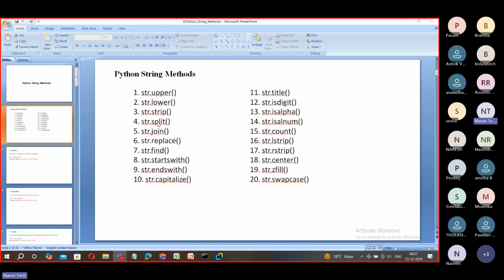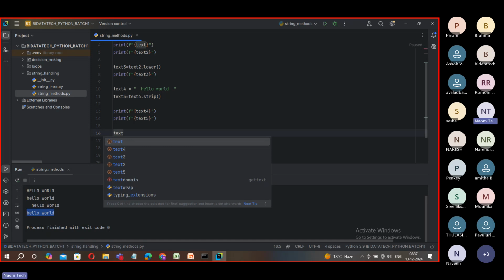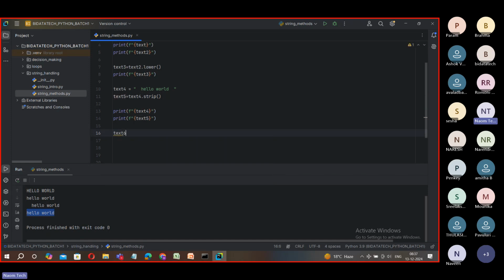Okay, fine. Yesterday we discussed upper, lower, strip, all that is fine. We are talking about the split function. You can see here, we were just in the process of talking about the split function. So when do we need split? Generally, when you have strings like this, suppose something like some text 5 or text 6 equal to, otherwise